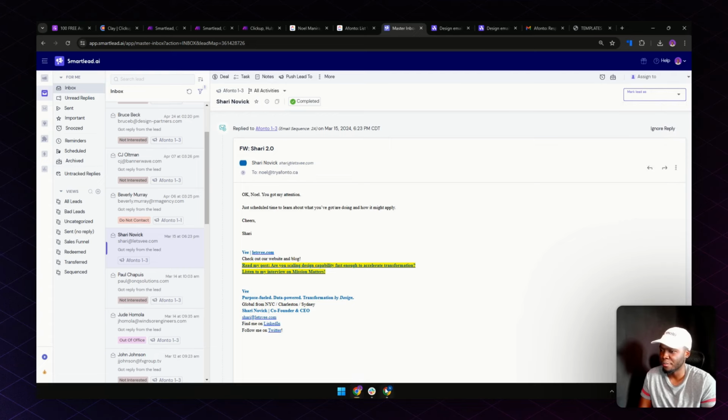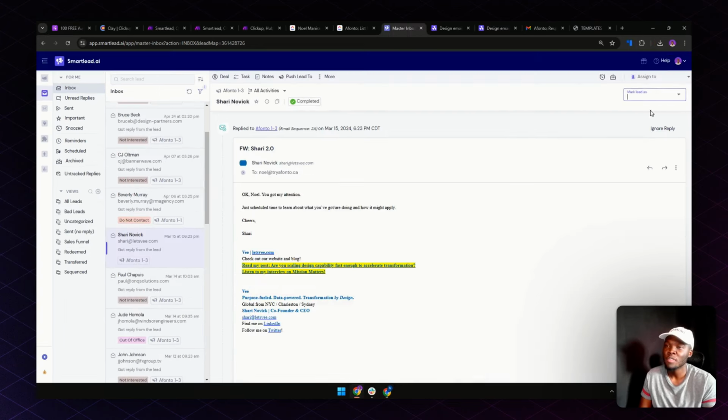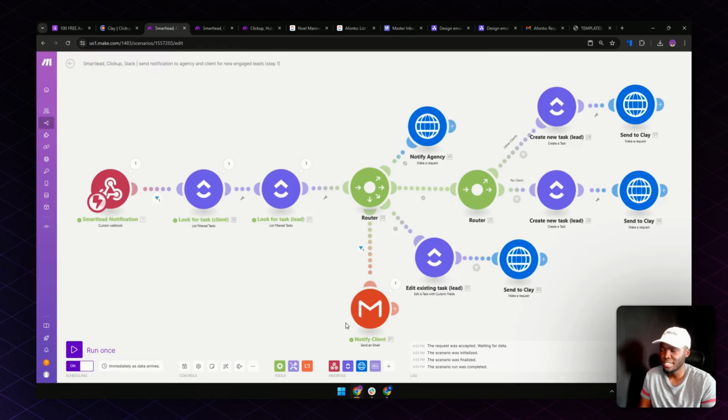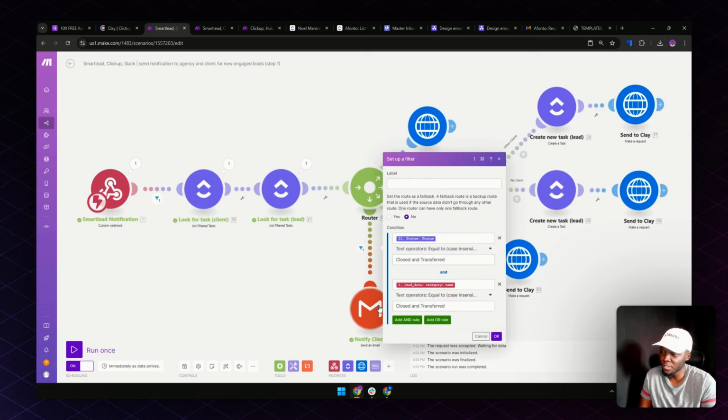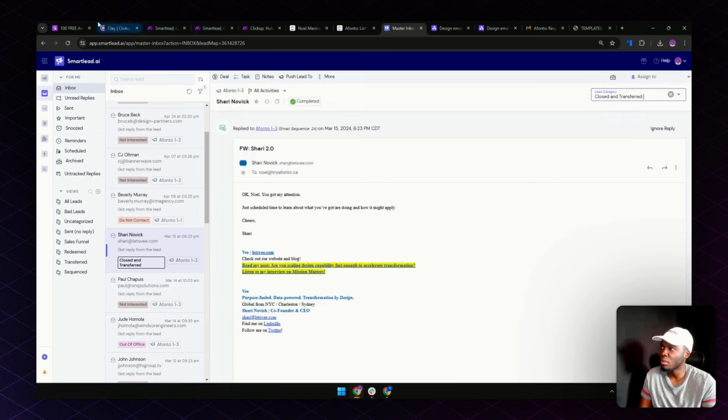And I don't know if it's that way. Well, right here it says closed and sequenced and transferred. I haven't updated it for my own client access, but it would only be closed and transferred for the client if that's what they were looking at, right? And so that's the only one that they get notified in. The only reason we're getting these emails is because I'm doing a demo. And so in this particular section, when it goes down, this filter is like this because it means that a lead has already been